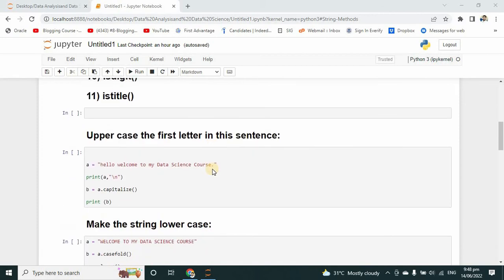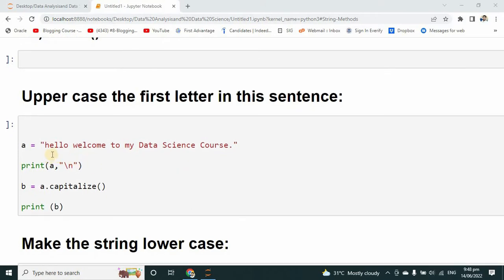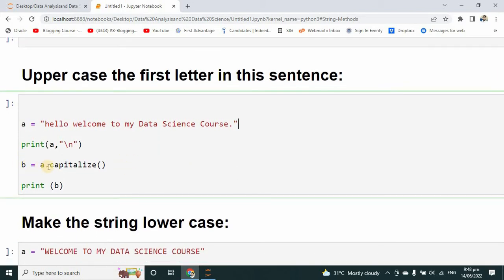Here our first topic is how to capitalize. You can see I have written the code, where a is equal to "hello, welcome to my data science course". I want to print this course before the capitalization. So here b is equal to a dot capitalize. Here I'm going to capitalize this string. So if I print it,